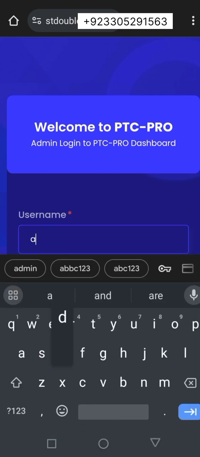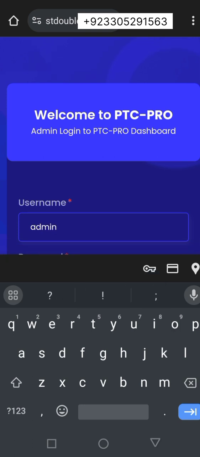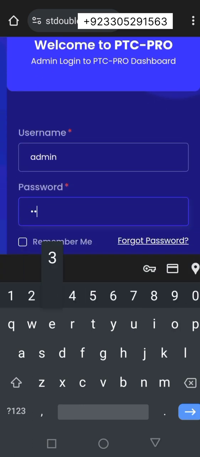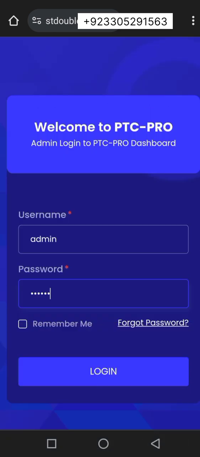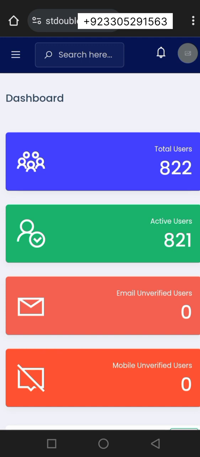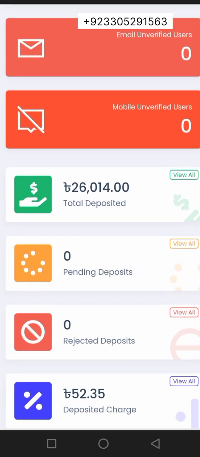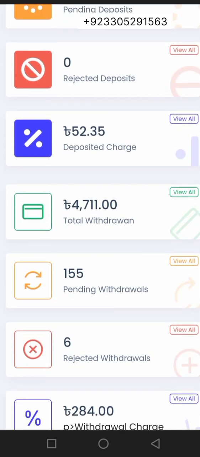So I will just directly enter my admin username. My username is admin, and here I have to enter my password. And when I click on login, it will redirect me to the admin dashboard. So here you can see the amazing look of its dashboard, and here you can see your total deposits, total